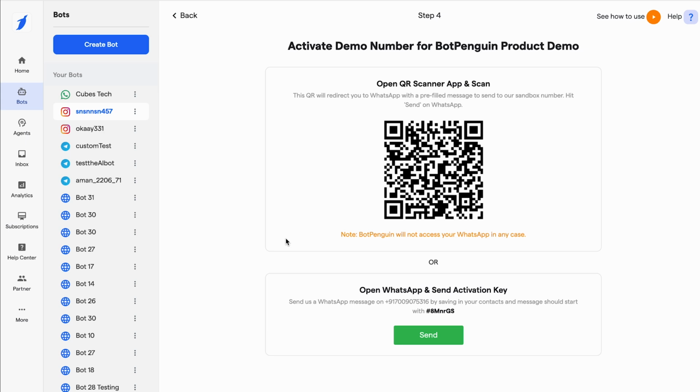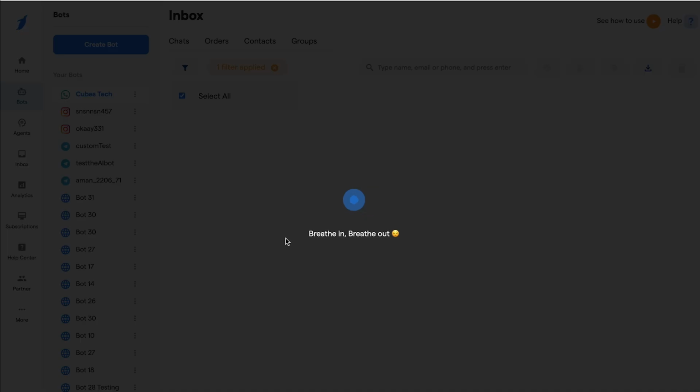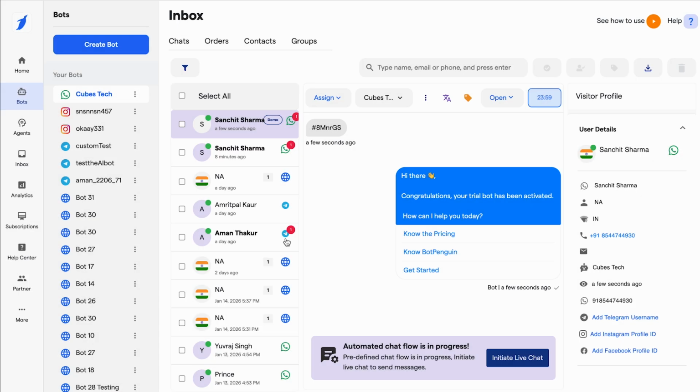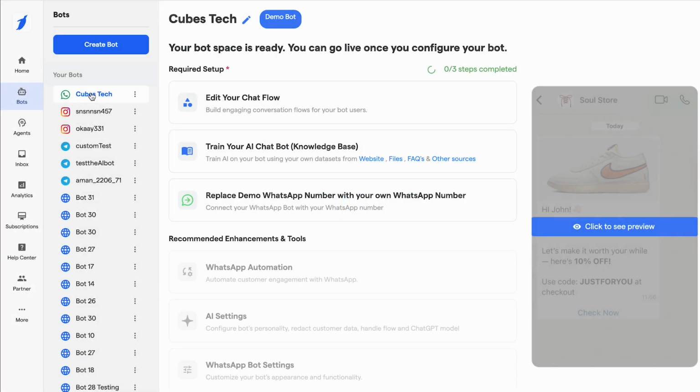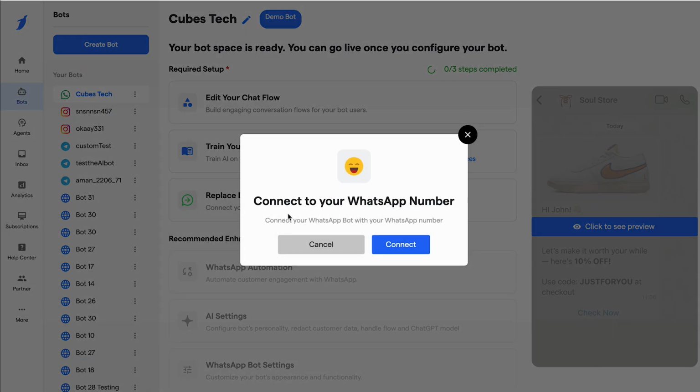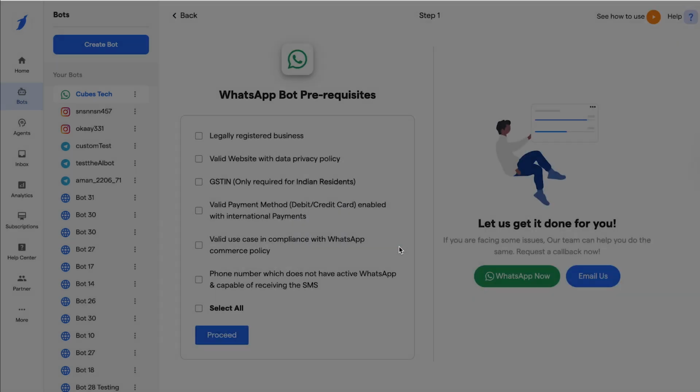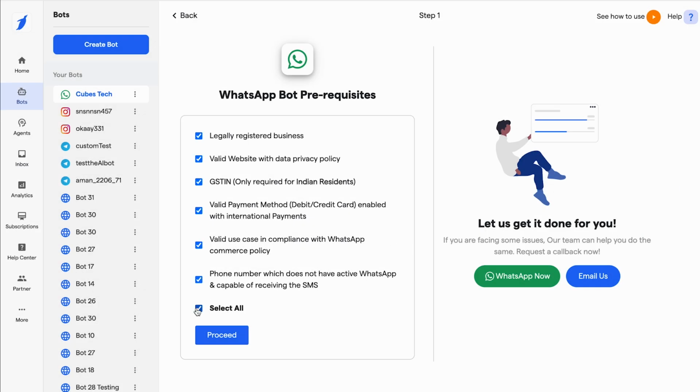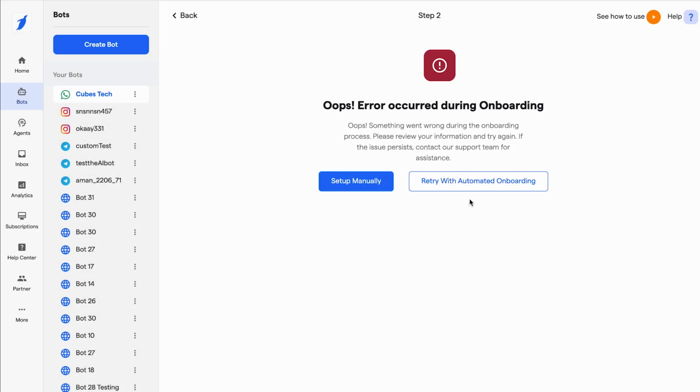After that, you need to scan this QR code from your WhatsApp. Just scan it and it will send one activation code. And once that is done, you can click on your WhatsApp bot again and you will get a message to connect your WhatsApp number. You have to click on connect. Then select all, proceed, and